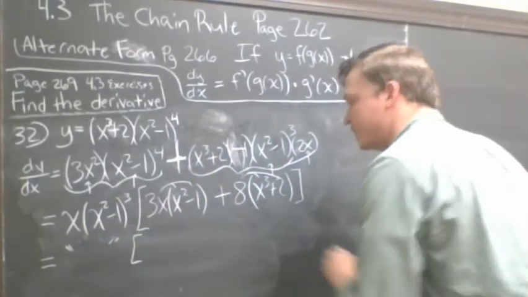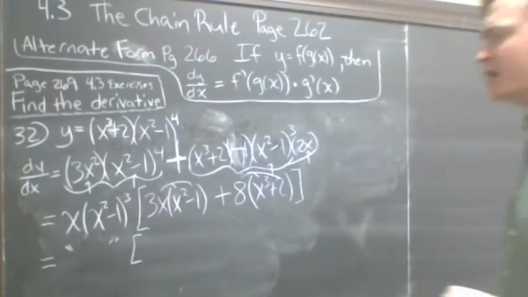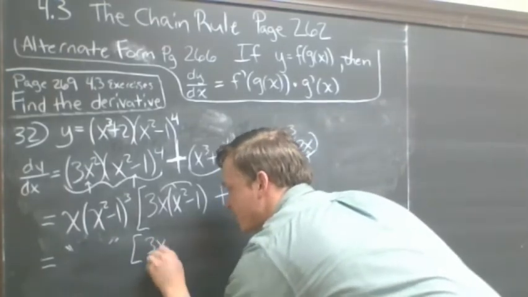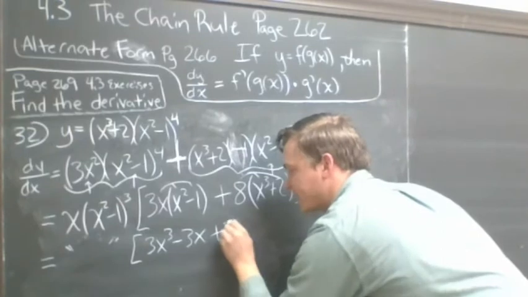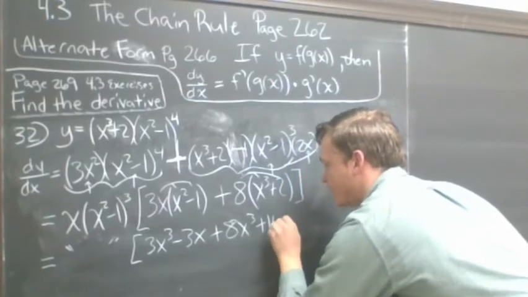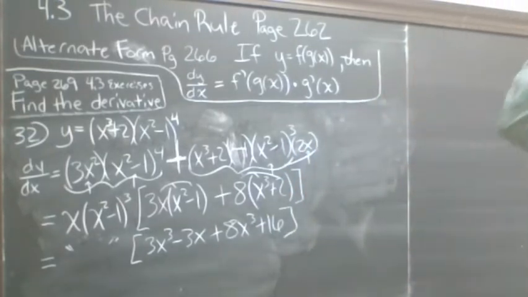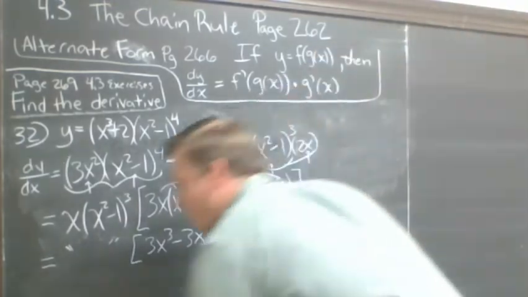So just working within the brackets here, distributing the 3x, we get 3x cubed minus 3x. Distributing the 8, we get 8x cubed plus 16. So our derivative here, dy dx,